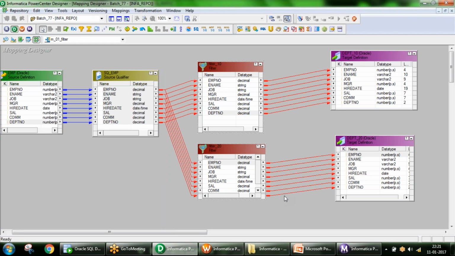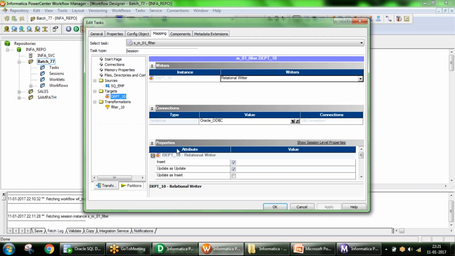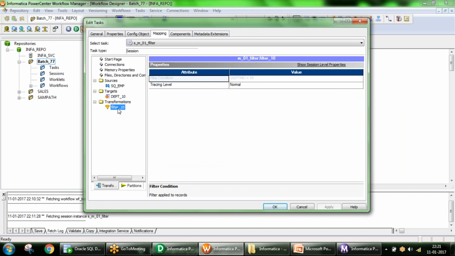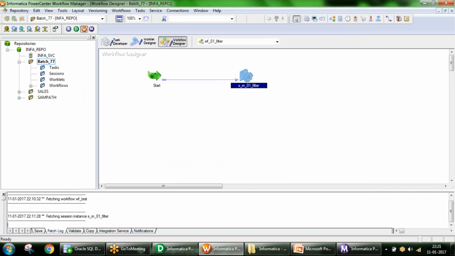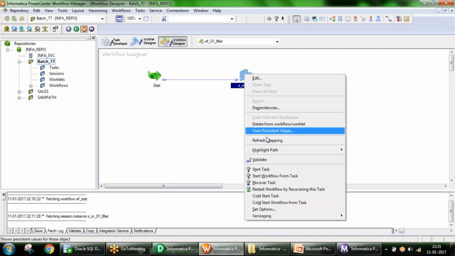Now requirements got changed. As part of the requirements, we have added one more table, but the table is not reflecting here. Also the transformation is not reflecting here. So whenever we are doing some changes at the mapping level, to reflect all those changes at the session level, what we have to do is go to session, right click, there is an option called refresh mapping.